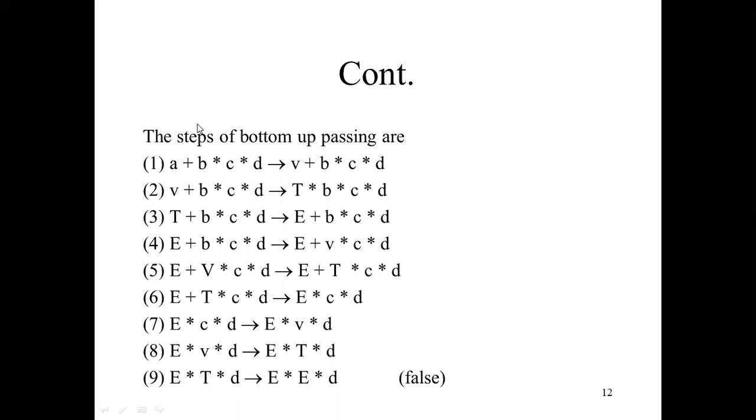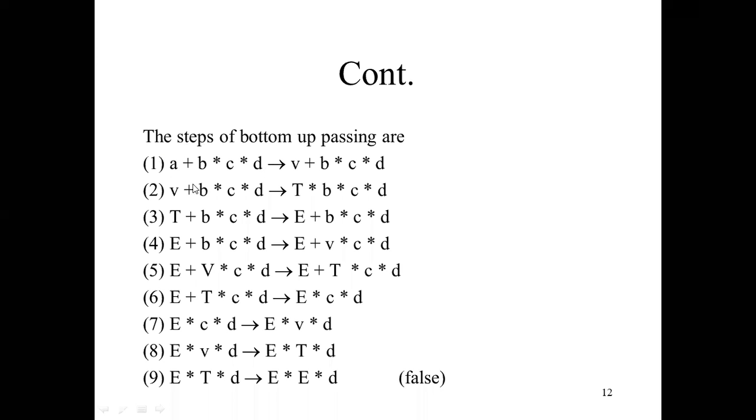So there are following steps. We are just reducing our input string and seeing what we get at the end. Now you can see all those 9 steps. We are doing each and everything in the 9 steps, but at the end we will see that we are unable to achieve the particular output, whatever the input string is given. Now just see the first step. This is the original input string.